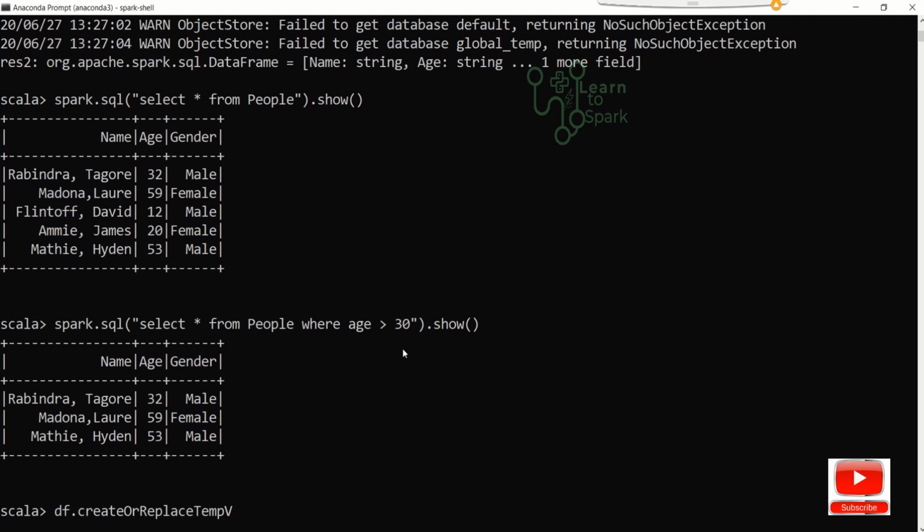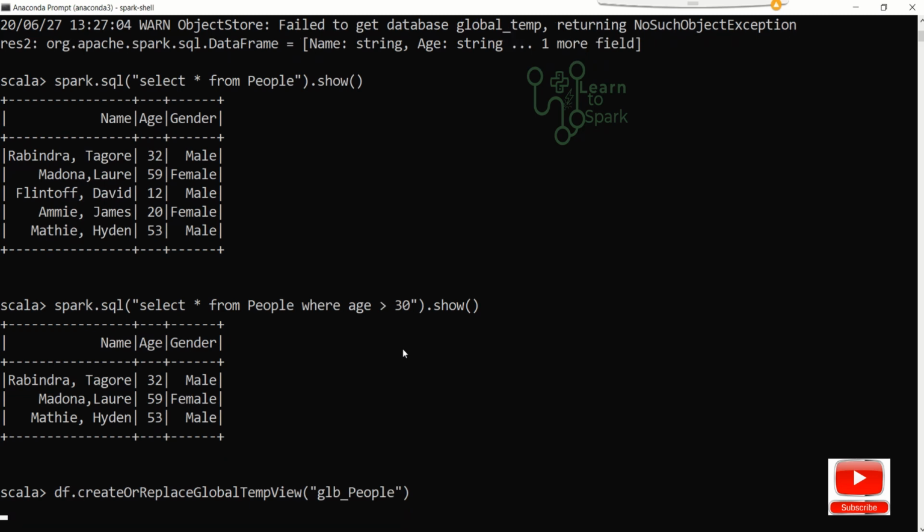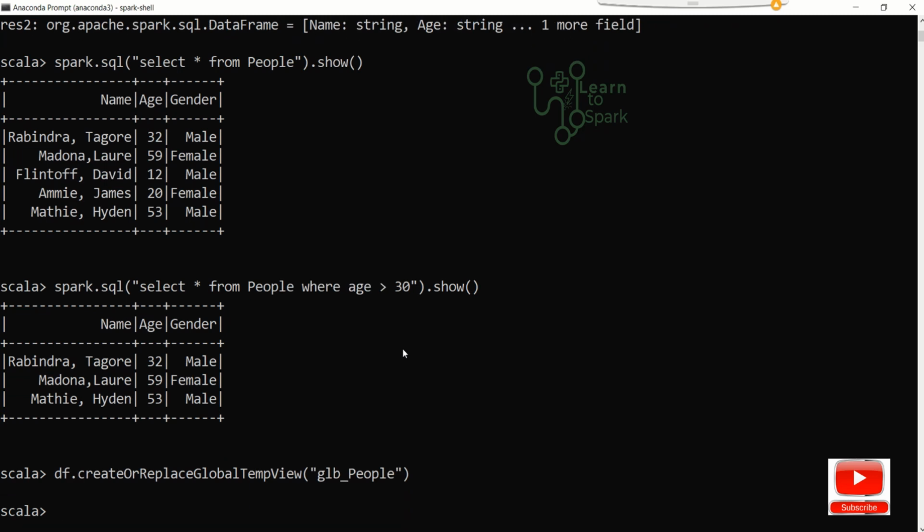Instead of using a temp view, I will use a global temp view, and I will name it as glb underscore people. So now we created a global temporary view, and we can't run the query just by saying glb underscore people.